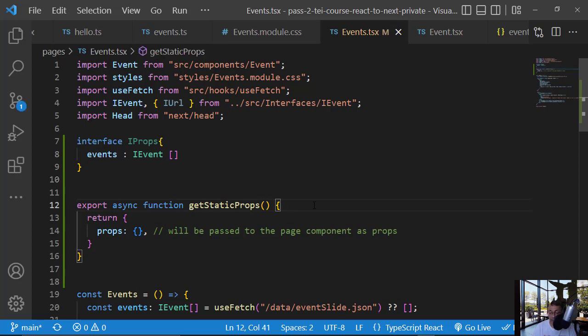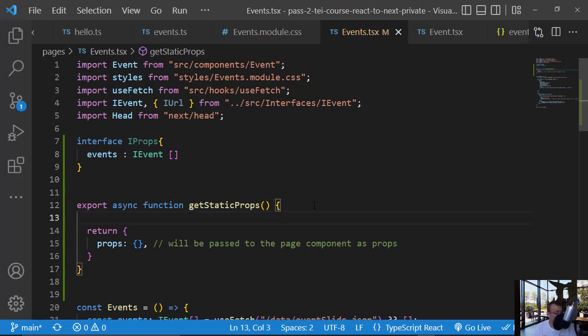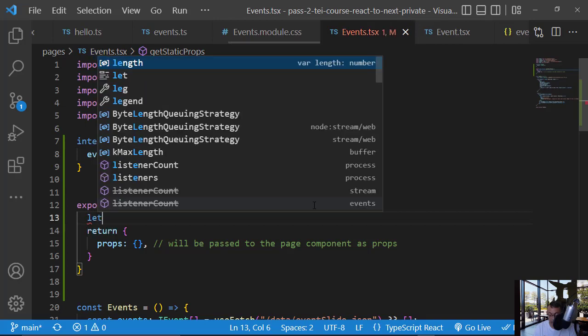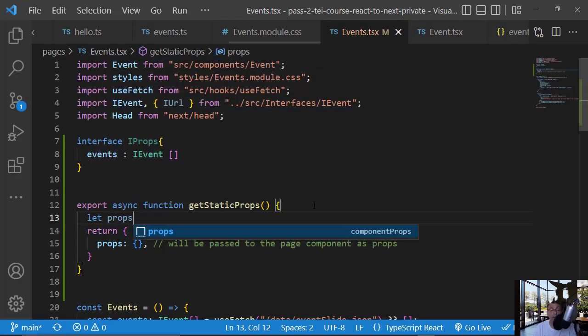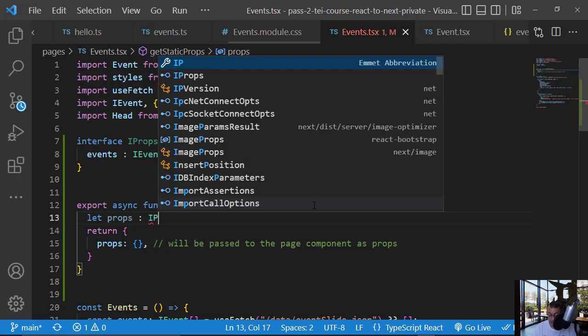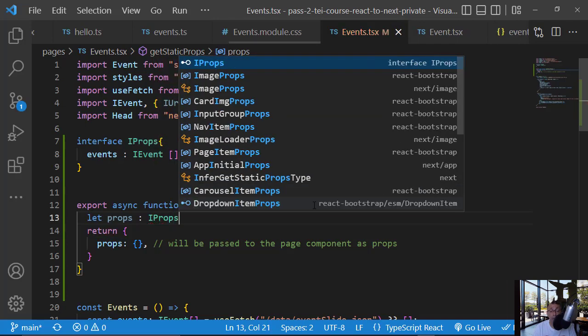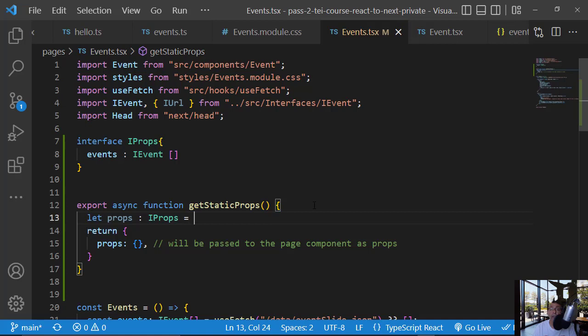and we will create here props of type IProps equal to events, which is an empty array,